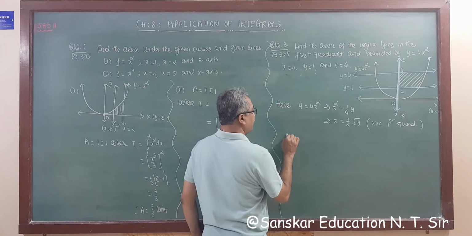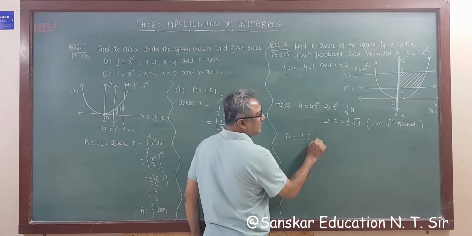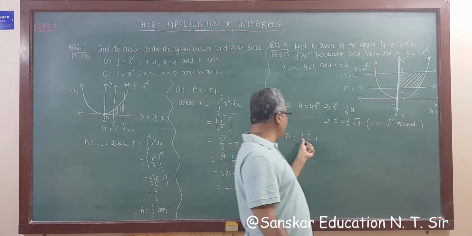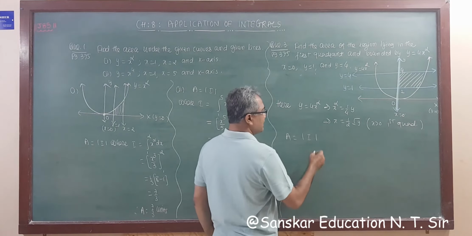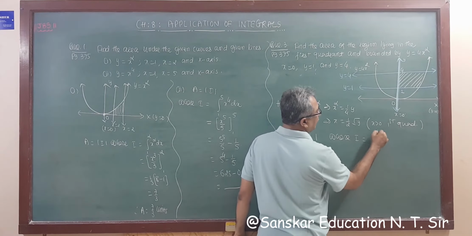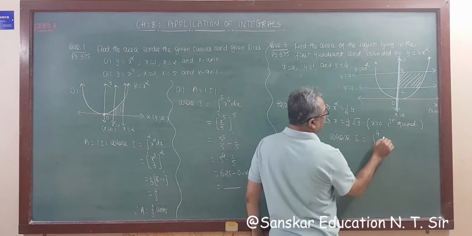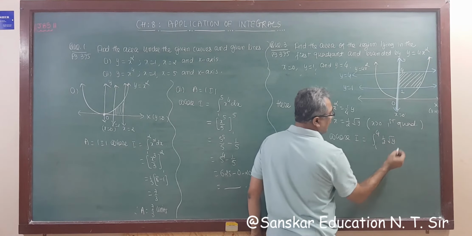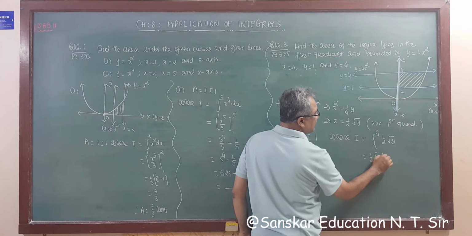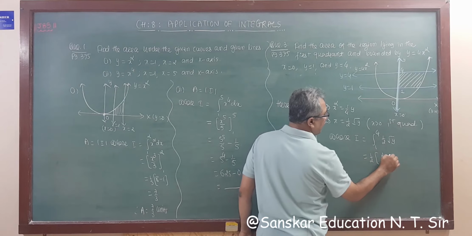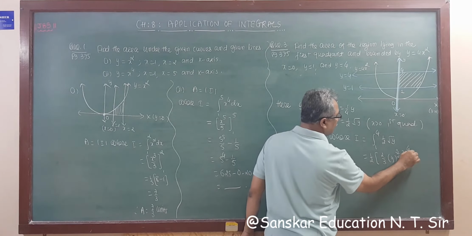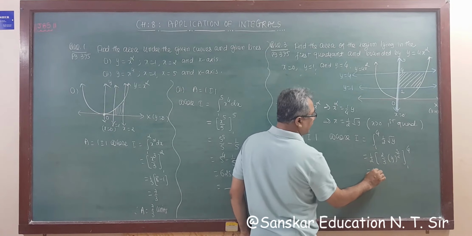So as shown in the figure, A is equal to mod I, right? If it is not given in the first quadrant, then we have to multiply by 2 mod I. Okay, so A is equal to mod I, where I is equal to the integration from 1 to 4 of x dy, that is 1 upon 2 root y, right? So 1 upon 2 is a constant and the integration of this is, you know, 2 by 3 y raised to 3 by 2 and the limit is 1 to 4. So 2 will be cut. We get 1 upon 3.